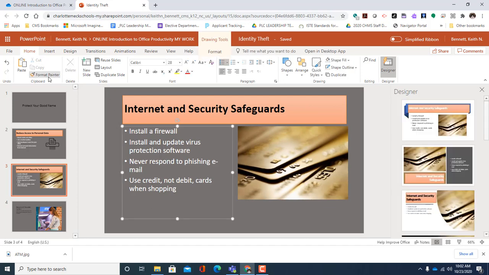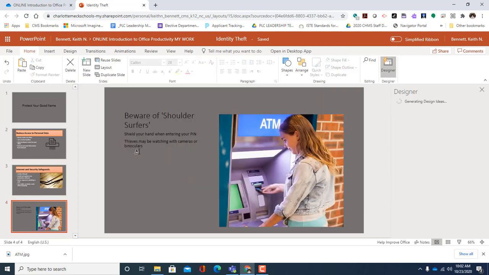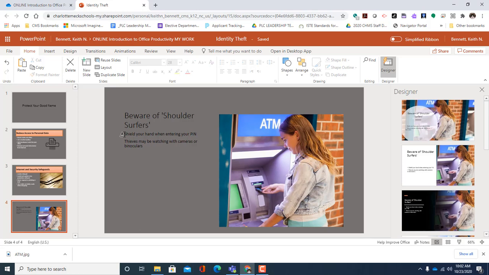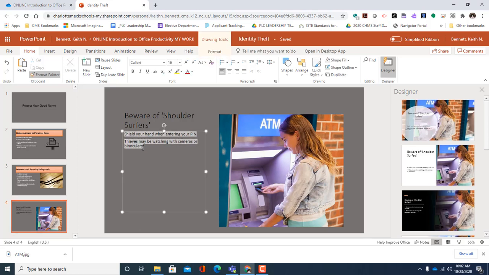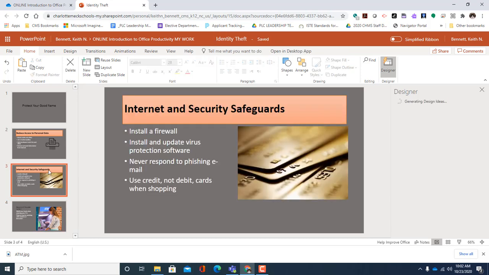I want to try it one more time, and I'm going to come down here, and you see when I click, hold, and drag it there, then it takes it, it changes the font size, it makes it white, it does everything the way we want it to, and then I can try to do it again up here as well